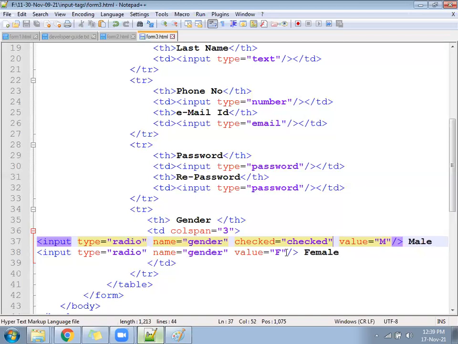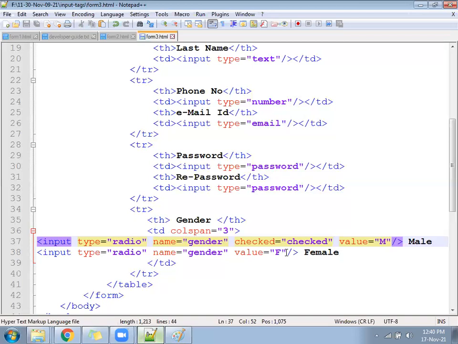In case you write checked equal to checked for both, which will be enabled by default? First check with one, and then go and write the same checked equal to checked for both, and see which is enabled by default. Second will come, because the compiler gives priority to anyone at a time.